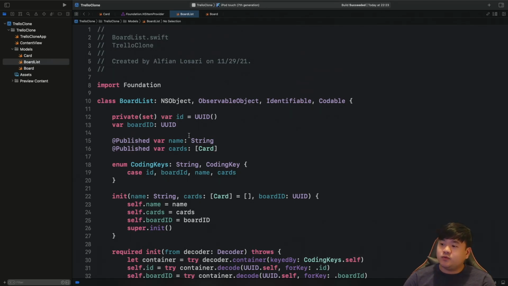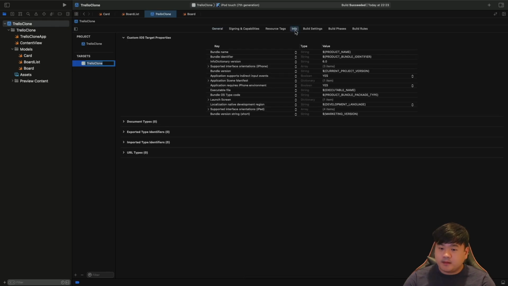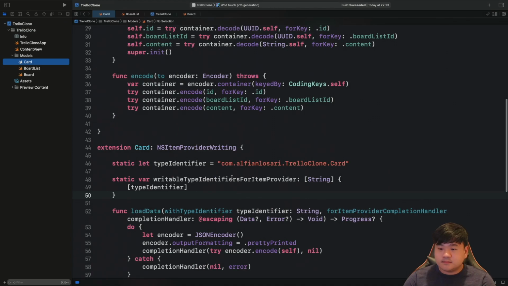There is one final step to make this work. Basically, we need to add the exported type identifiers containing these custom type identifiers to the Info.plist. It's pretty simple to do. Just navigate to the project settings and select the targets, and then click on this Info tab and expand this Exported Type Identifiers section. Click this plus button. So for the first one, let's go to the Card. Let me copy this type identifier string